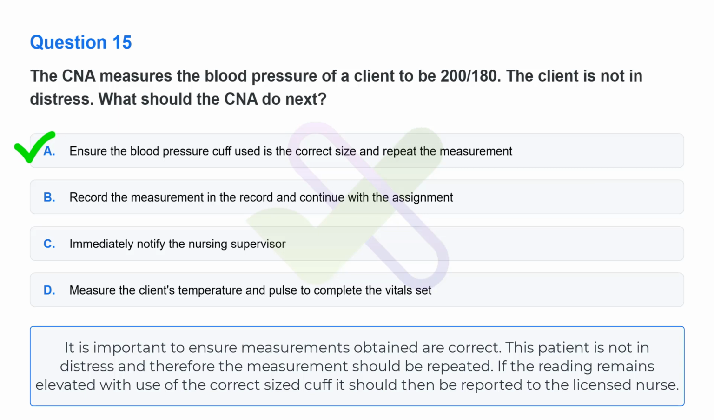Correct answer, A. Ensure the blood pressure cuff used is the correct size and repeat the measurement. It is important to ensure measurements obtained are correct. This patient is not in distress, and therefore the measurement should be repeated. If the reading remains elevated with use of the correct sized cuff, it should then be reported to the licensed